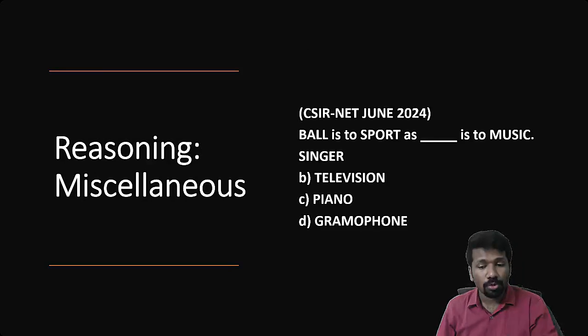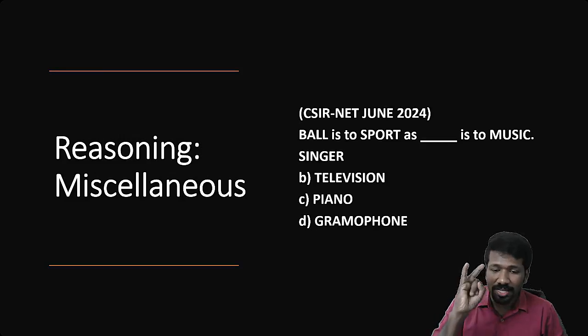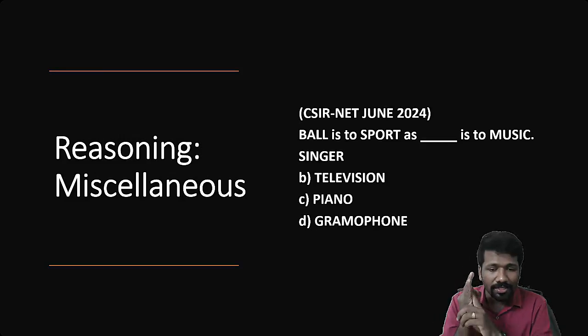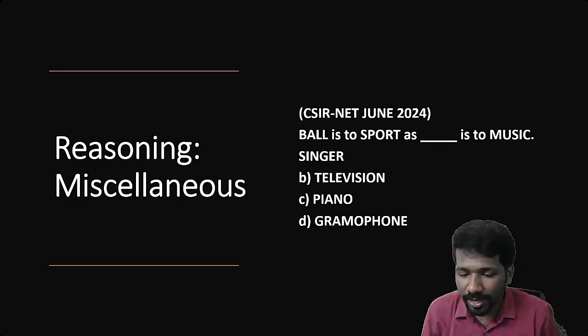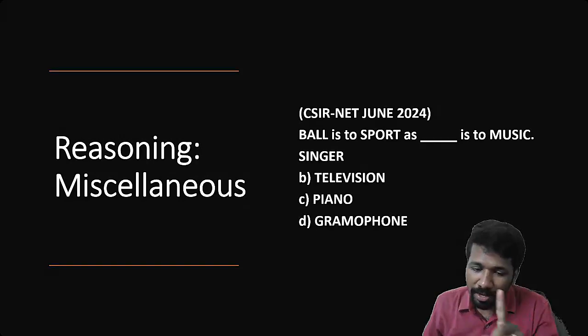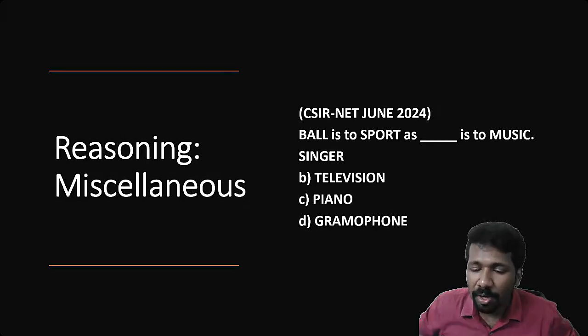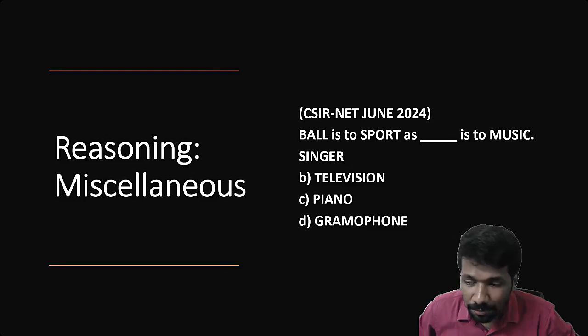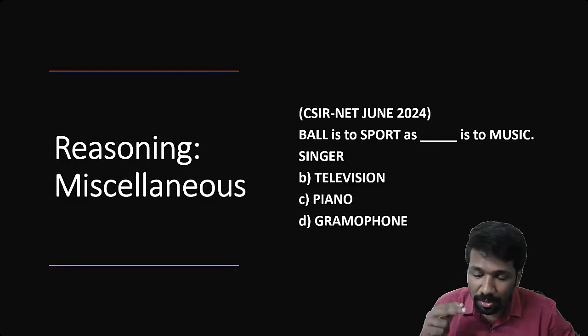But now also some subjects share the same question paper. For example, physical science and earth science. Comparatively earth science students का number कम है, इसलिए CSIR ने decide किया ये दोनों subjects को एक दिन में ही exam करेगा. इसलिए aptitude का पेपर physical science and earth science के लिए अभी भी common है. We don't know next time, whether it is life science or physical science, we don't know. That CSIR will decide.